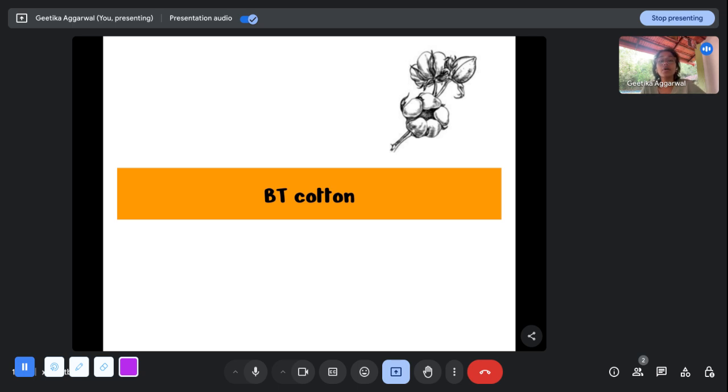The next few lectures were about Bt cotton. And there was a lecture in between in which they actually showed you a hands-on how to perform a PCR and how to run an agarose gel. So you might as well go and have a look at that hands-on training session, because that will be helpful if you have to conduct